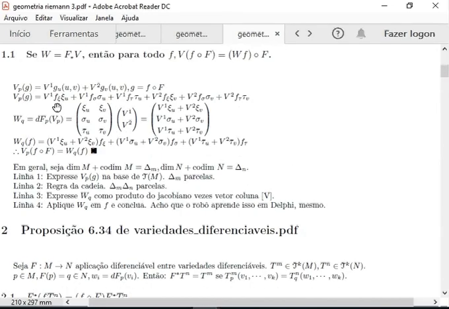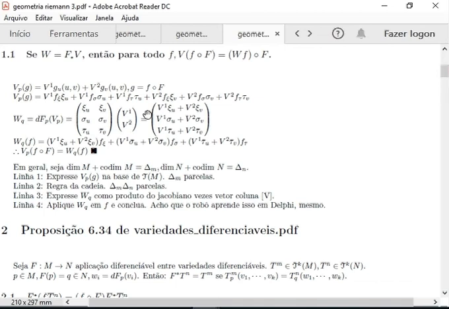So we have W_Q equals dF_P V_P. It's two matrices as seen here: V1 Xi_U, V2 Xi_V, V1 sigma U plus V2 sigma V, V1 tau U plus V2 tau V. What's done here? The differential of F at a point applied to a vector V_P is the Jacobian applied to V1, V2. W_Q F is equal to